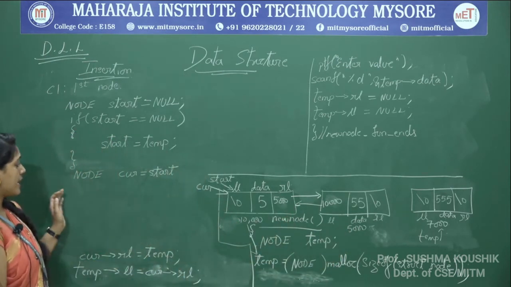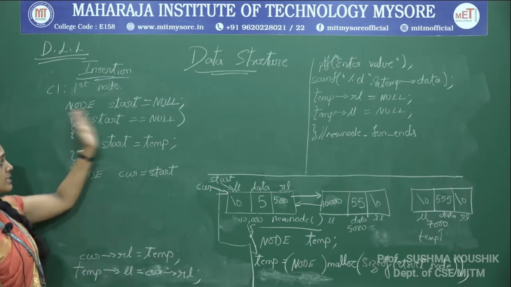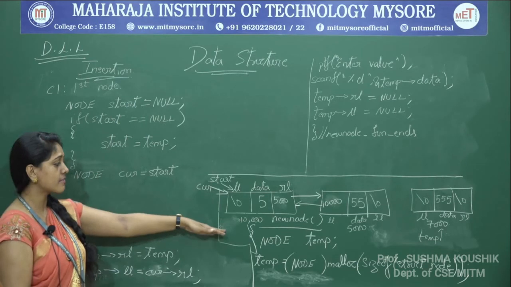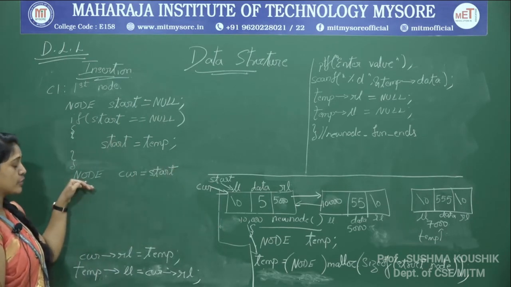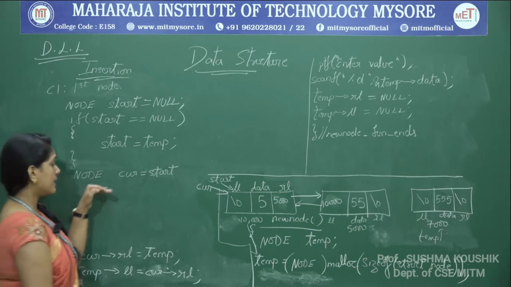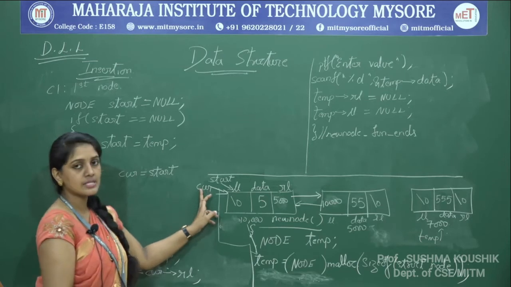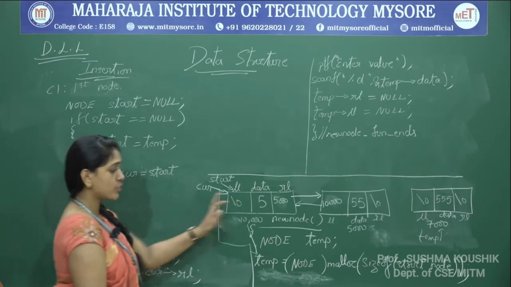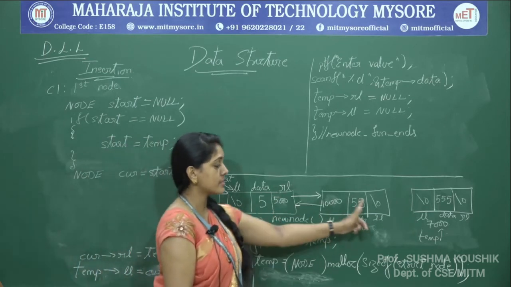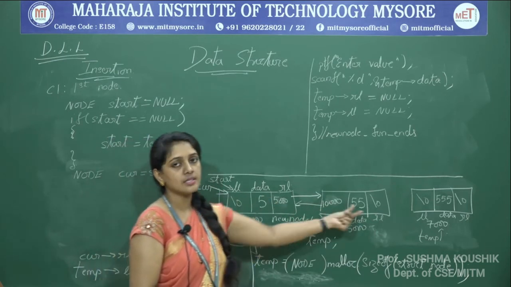Now see, we will repeat this code. This will also come from the beginning. Start is not null, start is having some valid address. So know this case, case 2, I am coming to the next line. Node current is equal to start. Once I do current is equal to start, current will start from the first node. Now directly I cannot insert because I am not inserting the node here. I am inserting at the last, the rear end. So the current should traverse till the last.